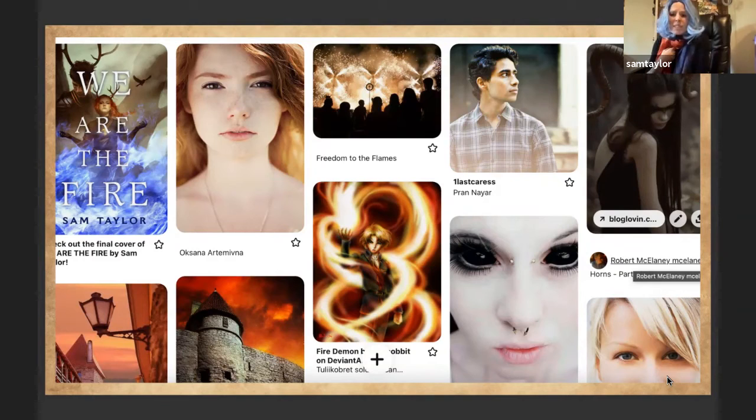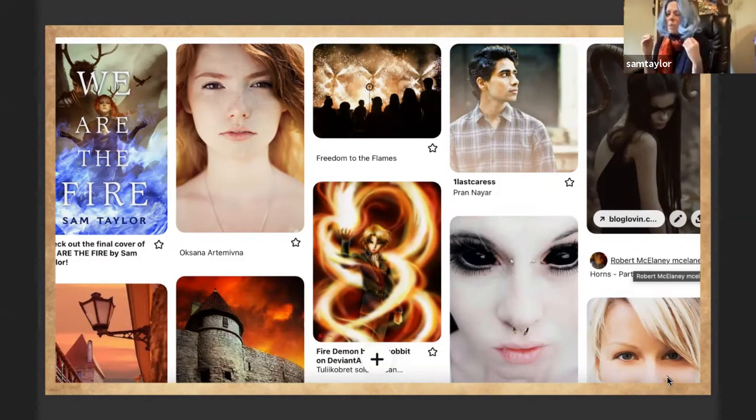I'll also find pictures of people who look like the characters, and I'll refer back to these often. I'll even print out the pictures and put them on bulletin boards in my office. It's a quick, easy way for me to just take a look at these pictures I've gathered that are a visual representation of my story.